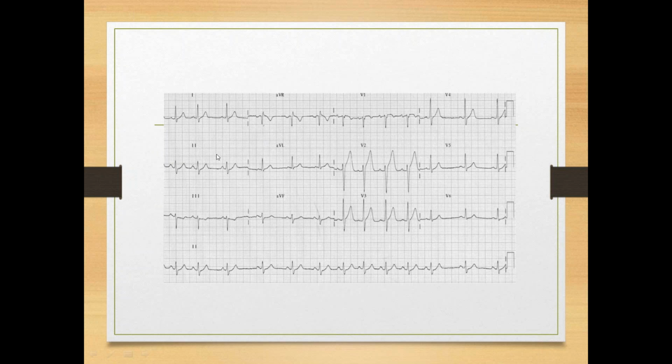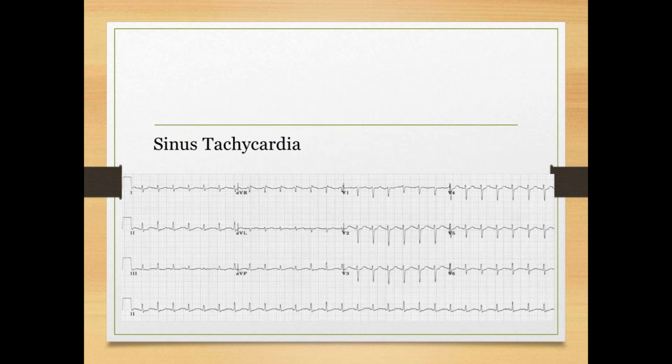You can see that here the PQRS complexes are really close to each other, and then there is a bit of normally spaced. Then on inspiration again it comes so close to each other, and during expiration it kind of widens, but it's actually in relation to respiration. There is sinus arrhythmia.